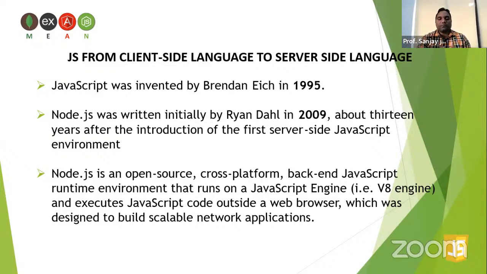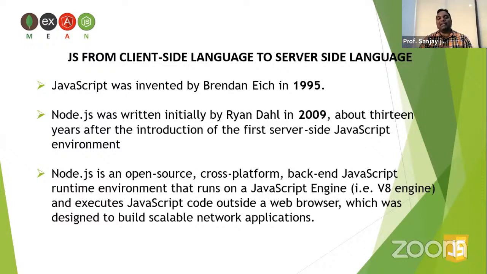Now, to run JavaScript outside of the web browser, we need some engine. V8 is an engine. This engine now runs outside of the browser on any server, and the runtime environment is provided by Node.js. Node.js has an HTTP module. It is a runtime environment that runs on the V8 engine. And now JavaScript can run outside of the browser.